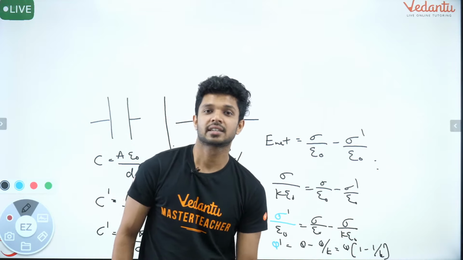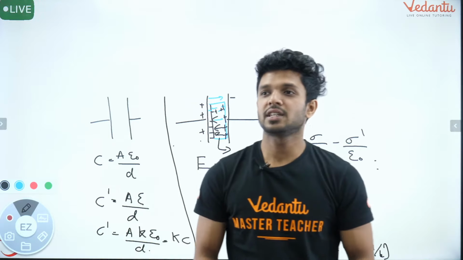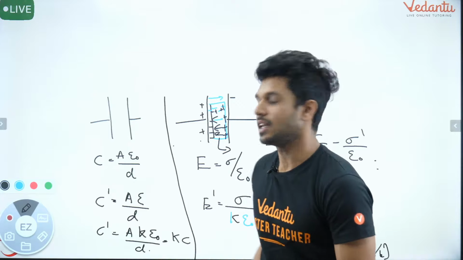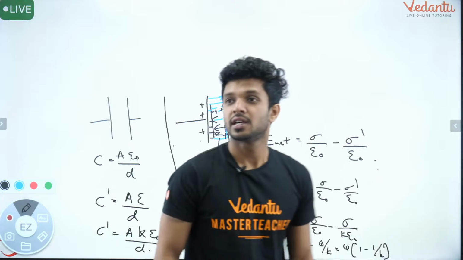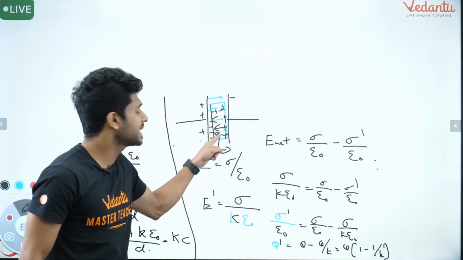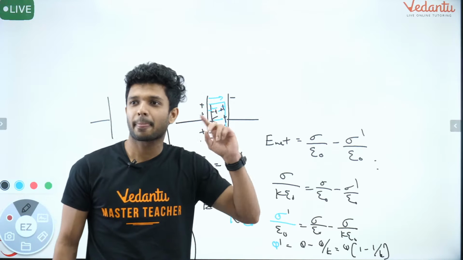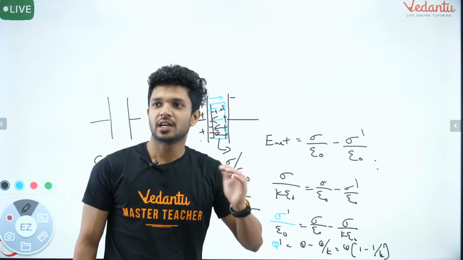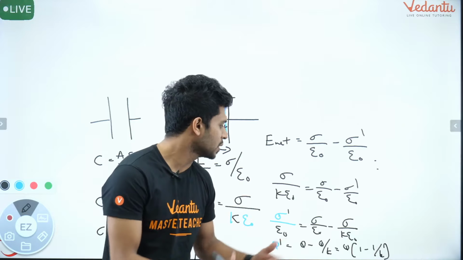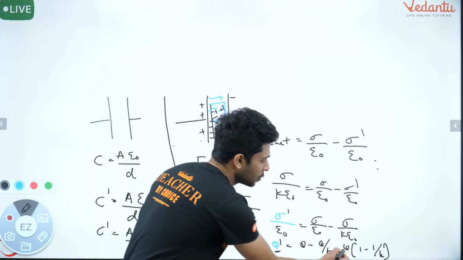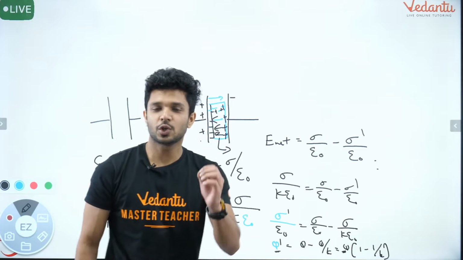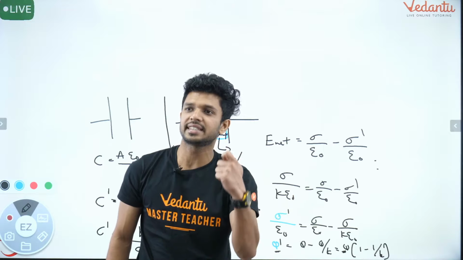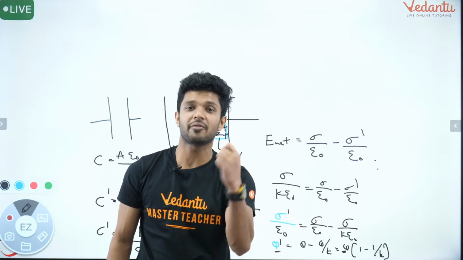Understood till here, guys? You guys understood till here with the derivation? Yes? So this is the equation you have to use in order to find out the charge which is on the dielectric, not on the plates. Got it? Okay, now we have to calculate the values one by one. In order to find this Q dash, we should have the charge Q on the plates. We'll also be doing NCERT, we'll be doing everything, don't worry at all.